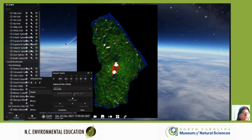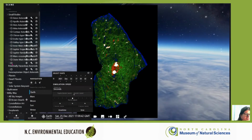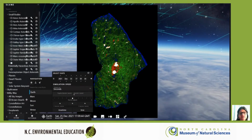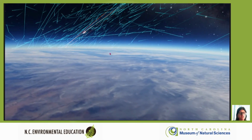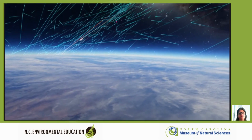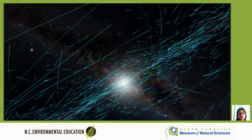And since we can't get to the surface, I'll turn on something, the potentially hazardous asteroids. These lines here, I'll turn this off a second. These are all of the potentially hazardous asteroids. There are thousands of them, and they're very close to Earth. And they're called potentially hazardous because,